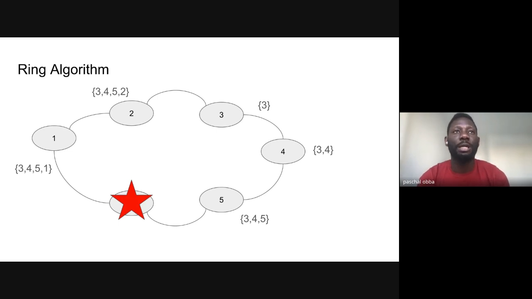So an optimization that has been done is to calculate this on the fly, for example. When it gets to 4, 4 just drops 3, if that makes sense. So 4 doesn't need to send 3, 4, 5. 4 already knows, oh, I'm the highest here. So 3 leaves the set. When it gets to 5, 5 knows that it's higher than 4, so 4 leaves the set. 5 is higher than 1, so 1 doesn't even enter the set. 2 just looks and sees 5, it doesn't enter the set. So 5 just gets to 3, which helps you manage space. So you don't have to have everybody add your number and go around, whatever. So at the end of the day,